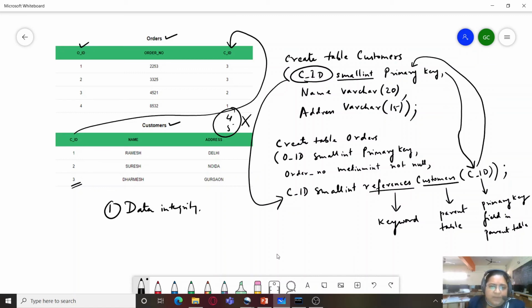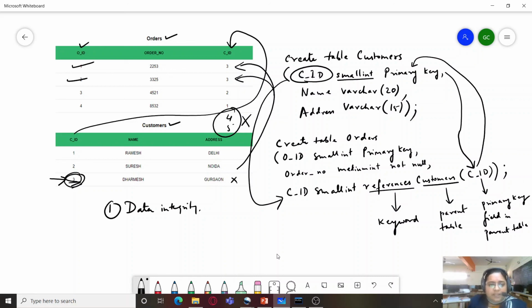And also if I try to delete the customer information for Dharmesh, the foreign key allows us to also delete cascade. That is, if I delete it from here, it will allow me to delete everything related to this customer from its child table. That is, the records associated with customer ID 3 will also get deleted.